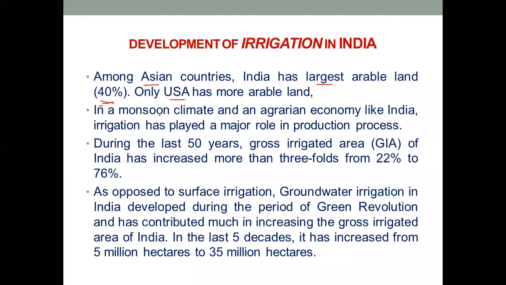Now, the second point which you have to consider is that India is a tropical country, okay, which has just 3 to 4 months of heavy rainfall, and the remaining 8 to 9 months are totally dry, okay. And India is an agrarian country, or an agrarian economy, okay, that means all the economy that is being practiced in India directly or indirectly depends upon agricultural produce.